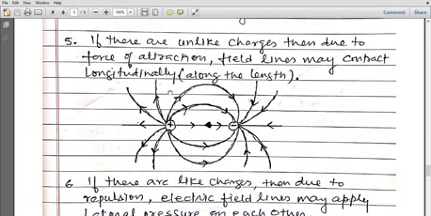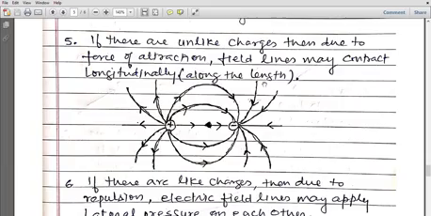Now you can see, if there are unlike charges, obviously they attract each other. If they attract each other, electric field lines also attract each other. Then due to the force of attraction, field lines may contract, means they may come closer along the length. You can see these are the lines and they are coming closer to each other along the length because of